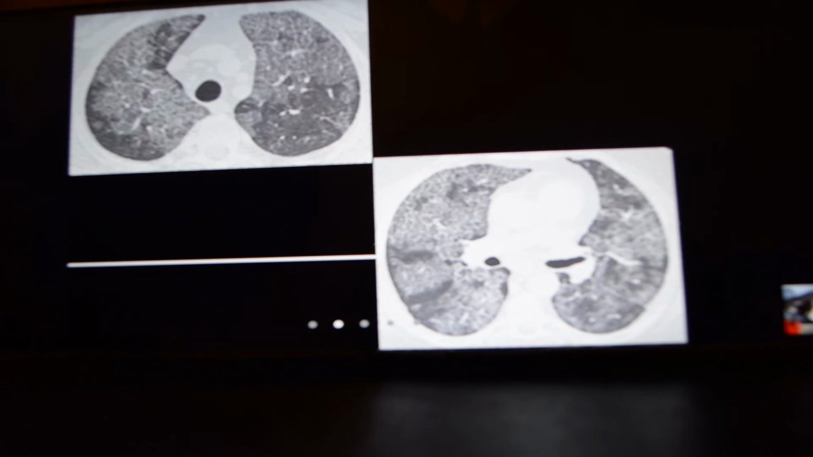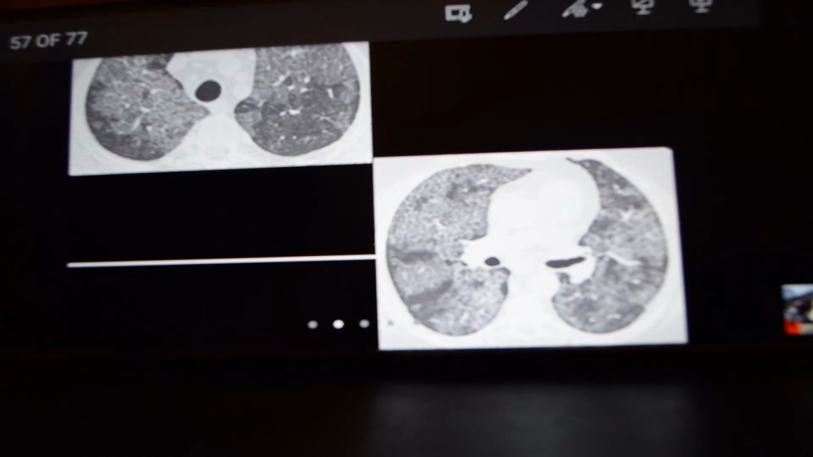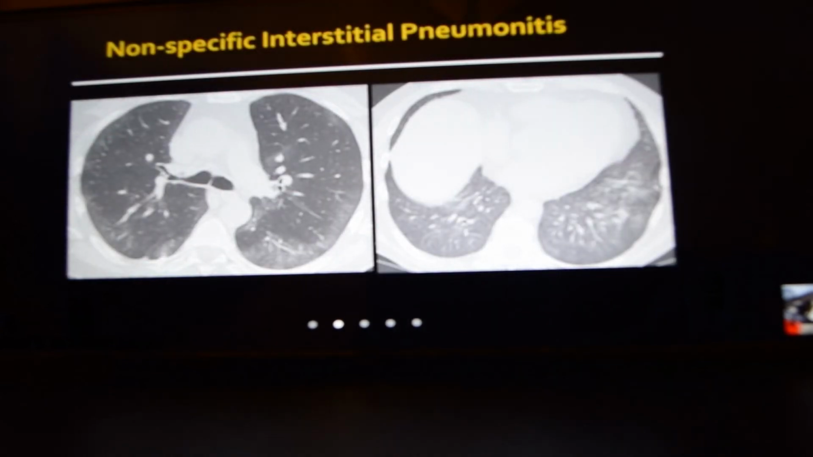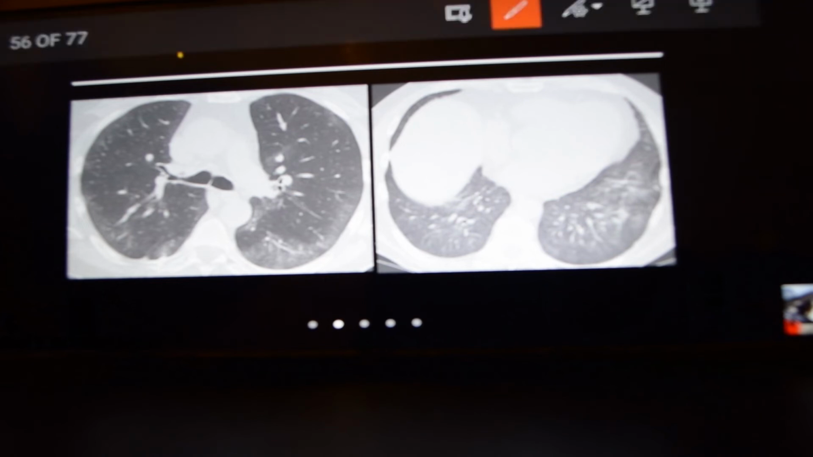Again, you see that there is ground glass haze. This is a very interesting CT. I want you to pay attention, because this is ground glass plus. You can see that there is ground glass haze, but as compared to the previous one, you see that there is ground glass haze here as well, but in between there is no septal thickening. But if you look at